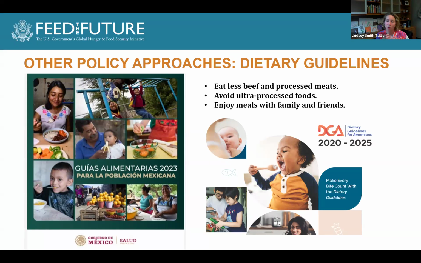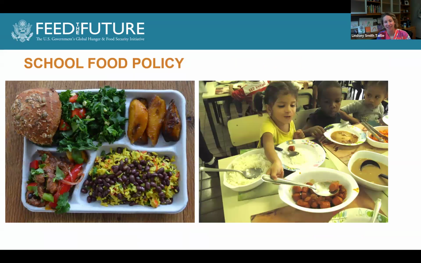In terms of school policies, I would say Brazil is a leader in terms of global dietary guidelines. They have these very similar policy guideline recommendations there, but they're also the world's leader in school food policy. So in Brazil, 75% of the food that is procured must come from natural or minimally processed foods. So they're really ensuring that the food, like you see in these pictures, are things that are fresh, that are prepared, they're not coming out of packages.